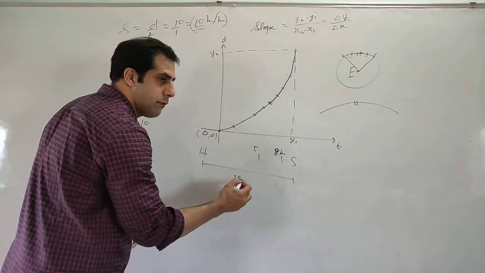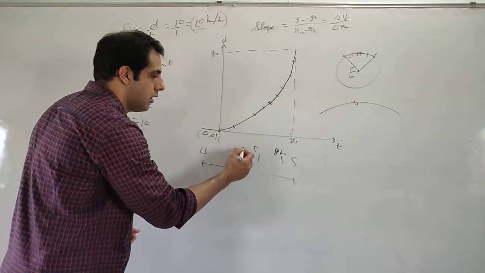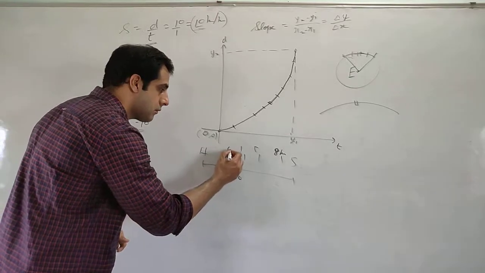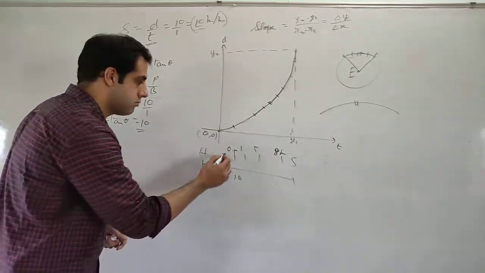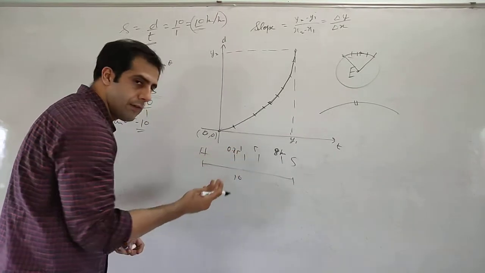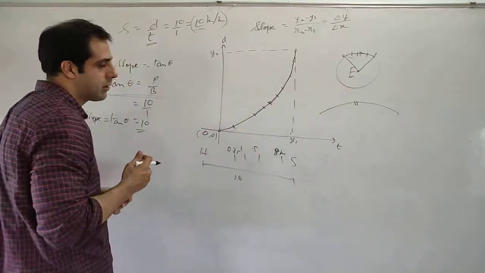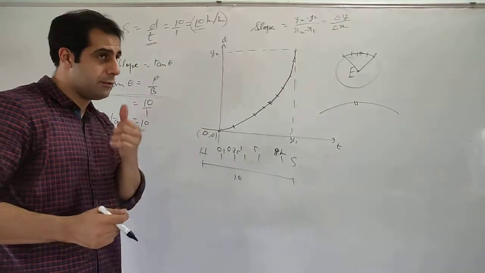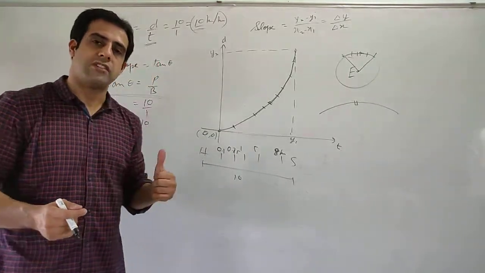At some point it will be 5 kilometers, and I am bringing it closer, 1 kilometer between home and school. If I bring them further closer, 0.5 kilometers, 0.25 kilometers, and keep on bringing it closer. At some point the distance between them will be 0.1 kilometer. Now what is the next point?